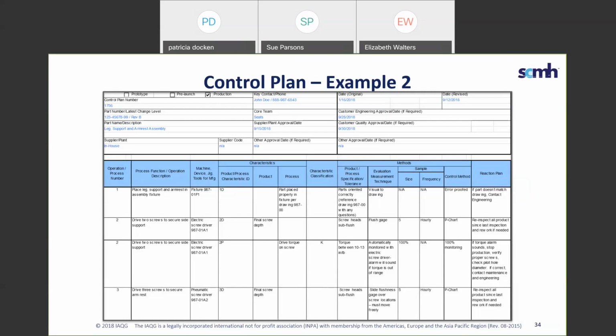So the reaction plan, if something goes out of tolerance, is to reinspect and rework. So these are just a few examples of how control plans can be used to monitor and control the variation in product and process characteristics. We want to control the inputs so that we can manage the variation in the output.